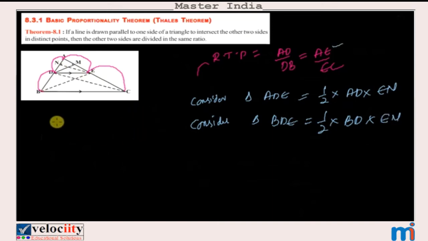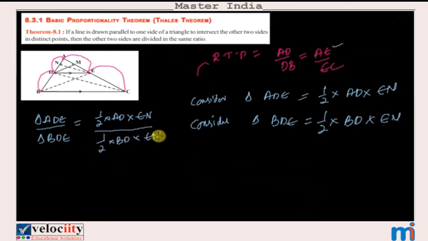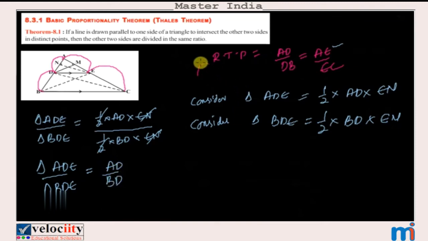Now let us consider the area of triangle ADE by the area of triangle BDE. Here the area is half AD into EN, by the area of triangle BDE, which is half BD into EN. This EN and this EN get cancelled, half and half get cancelled. So what would be the area of triangle ADE by the area of triangle BDE? It will be AD by BD. Okay, now that this is done,